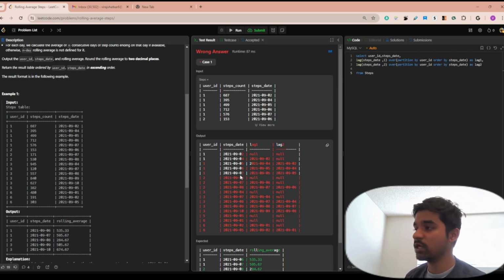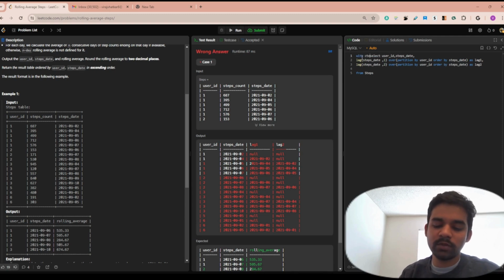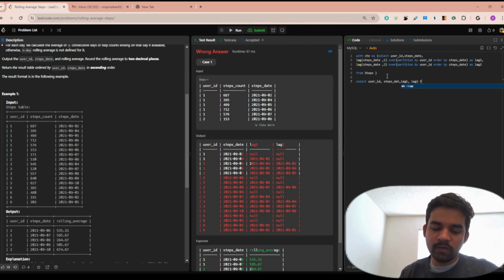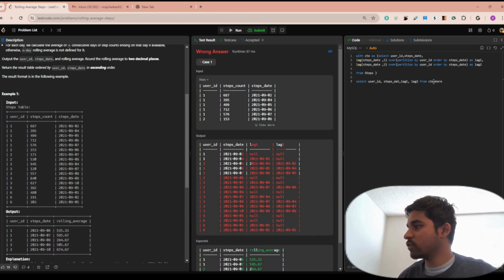Now the next step is we need to rearrange it properly for further use. Let's convert this into a common table expression. Perfect. The next step is select user ID, comma, steps date, comma, lag 1, comma, lag 2 from CTE, where